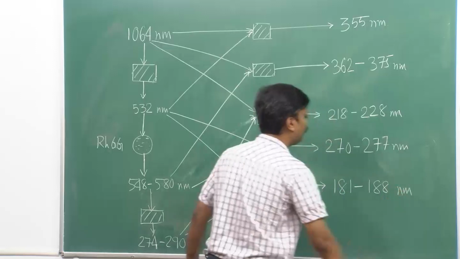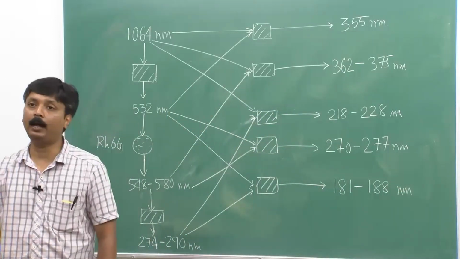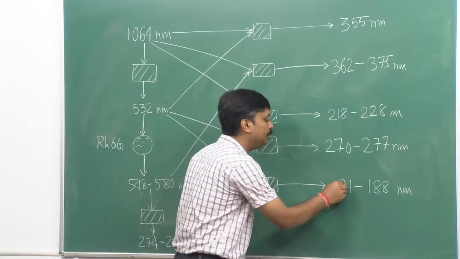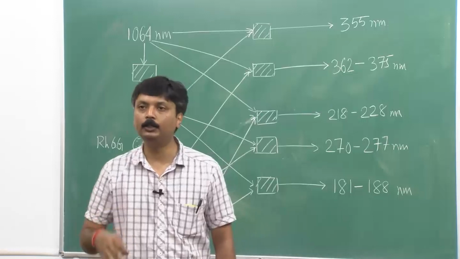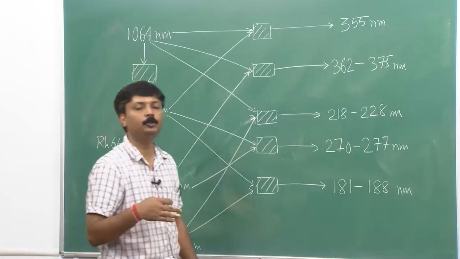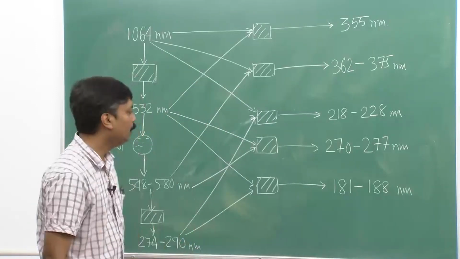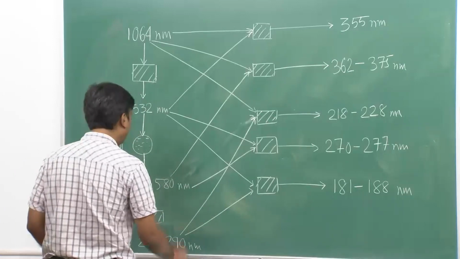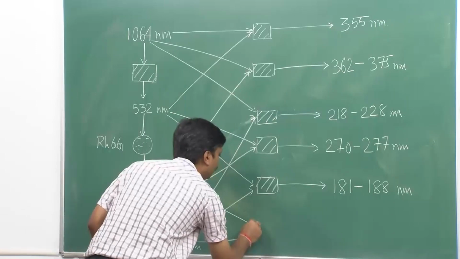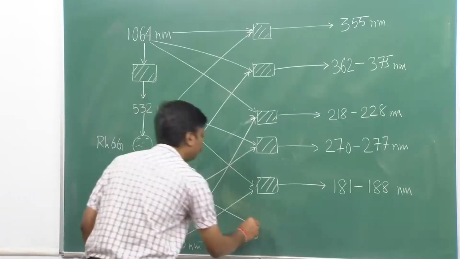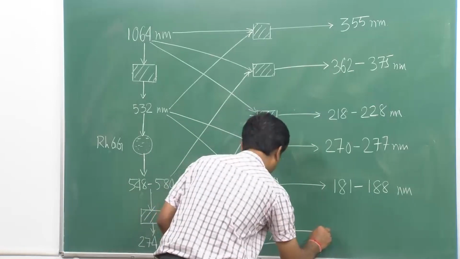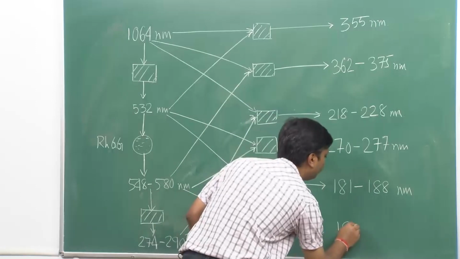This is below 200 nanometer and it falls in the vacuum ultraviolet region, which is otherwise difficult to get, and one needs to take proper care of these particular wavelengths because they are absorbed by pretty much everything. Okay. So also we can combine these two dye outputs in a nonlinear optical crystal, and I can get another set of wavelengths in the vacuum ultraviolet